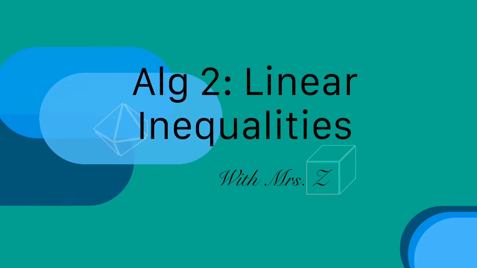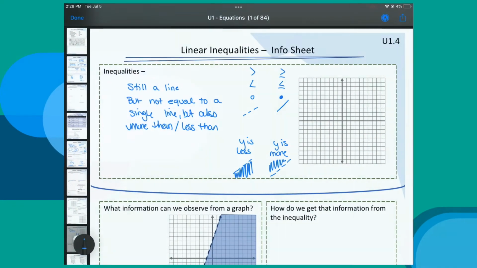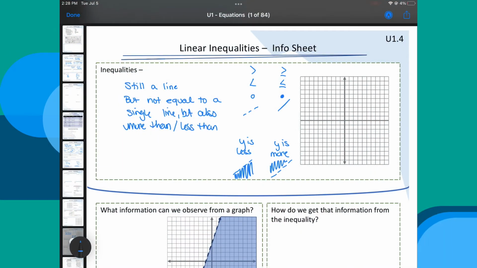How do we graph if it's a linear inequality? Well, let's find out. How do we graph when it's a linear inequality? Well, it's still a line, but since it's greater than or equal to that line, we also are going to